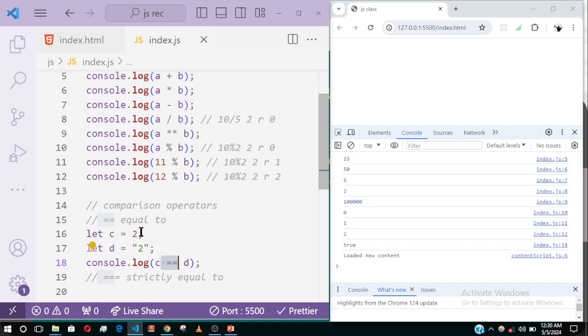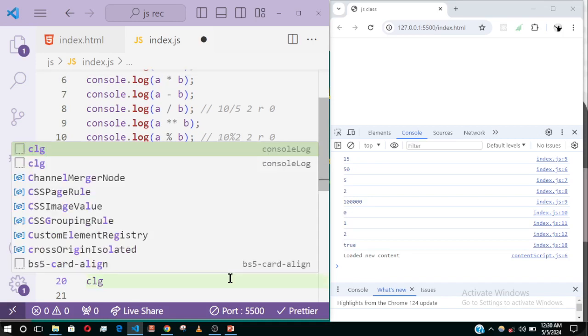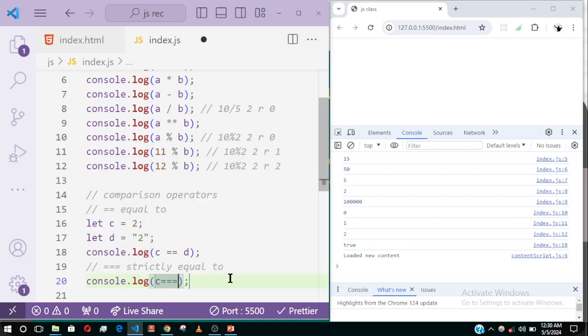Whereas if we do the same thing here, console.log C strictly equal to D, it means that for this to be true, they have to be of the same value and of the same data type. You know that this is a number data type and this is a string data type, even though we have not learned string yet. So if I save this, the output will be